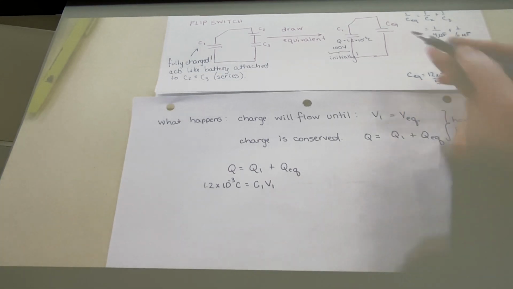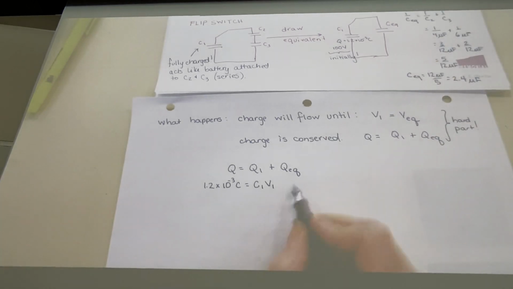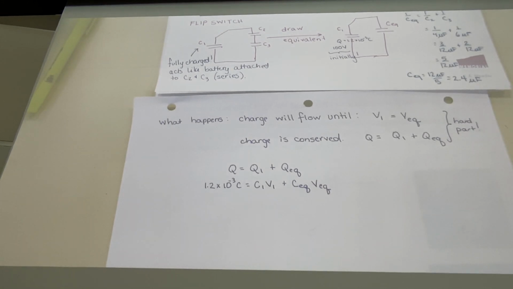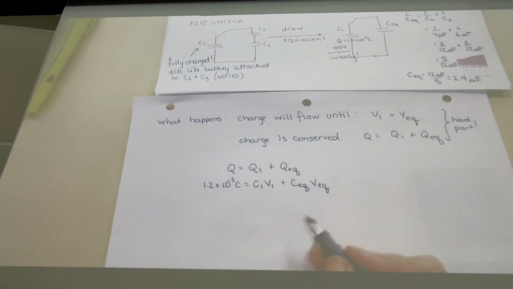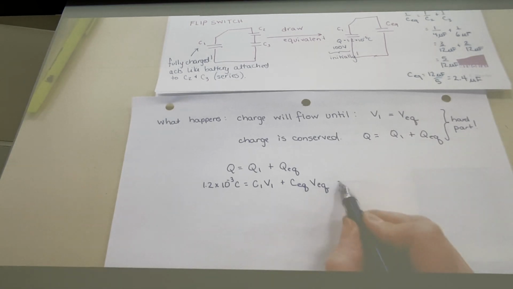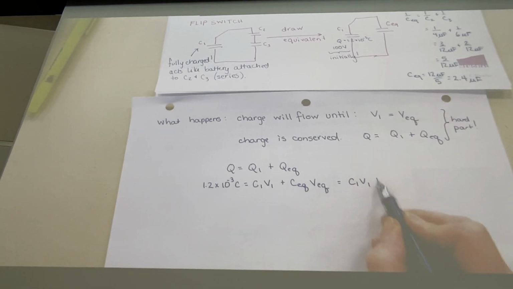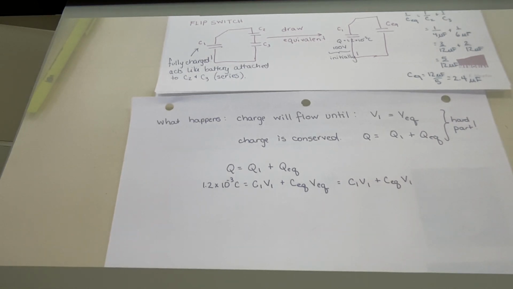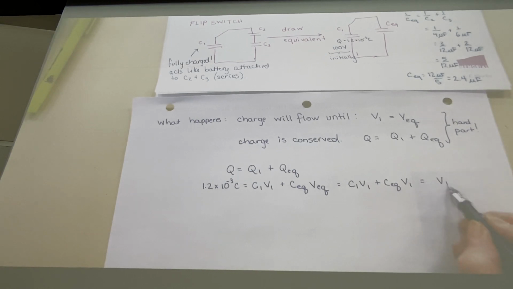And our Q equivalent, the amount of charge on the equivalent capacitance, is going to be that equivalent capacitance times the potential across it. Okay, so we just put in that Q is equal to C times V for both of those capacitors. Okay, what next? Well, V1 and V equivalent are the same, so that's the same as C1 V1 plus C equivalent times V1, because those two potentials have got to be the same. So you can take your V1 inside,